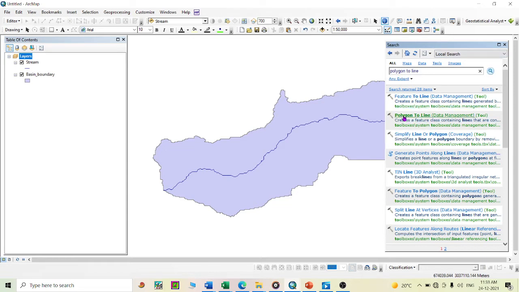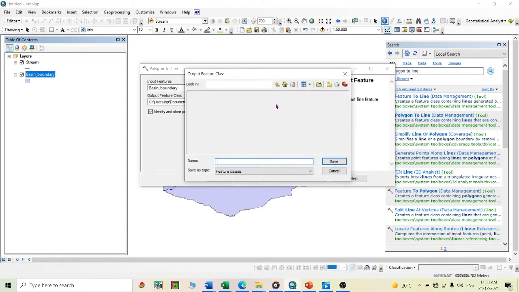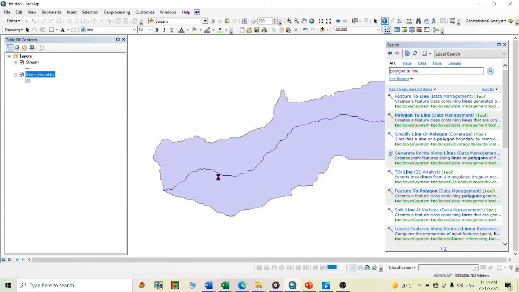Here the second link, Polygon to Line, just click here, input feature basin boundary, choose the output location, type any name according to your choice and save here, and just click OK.